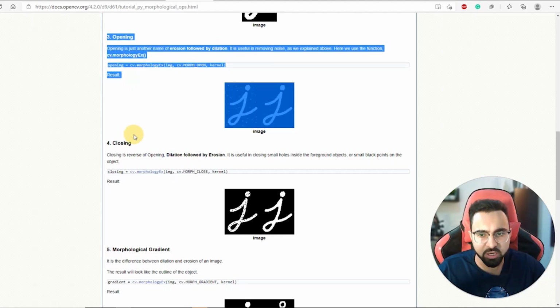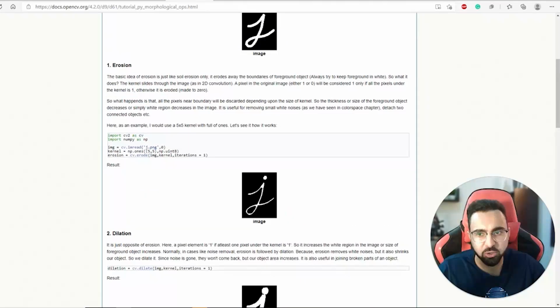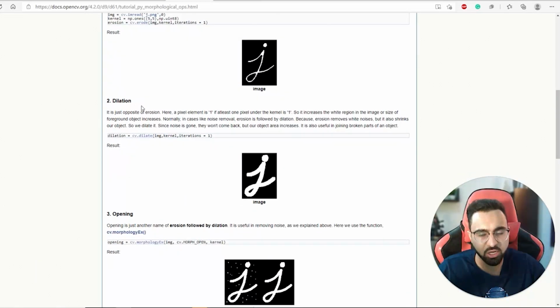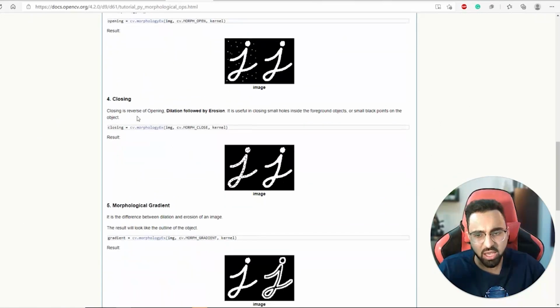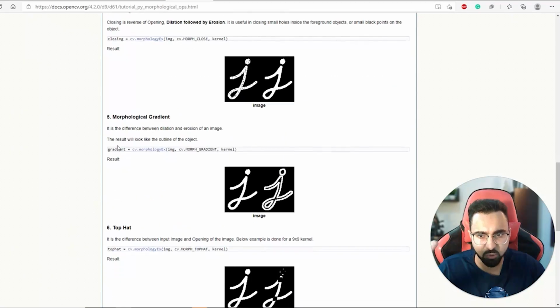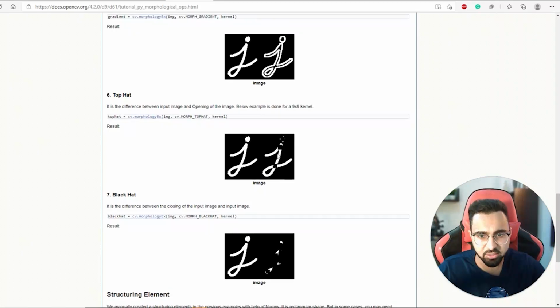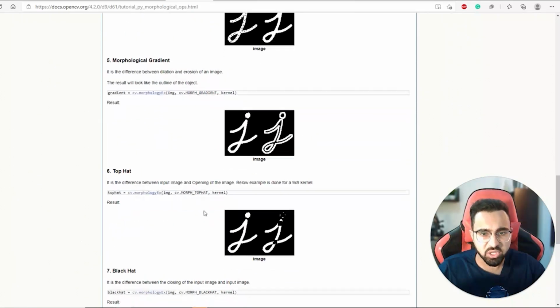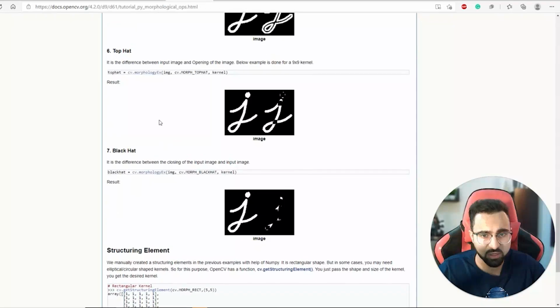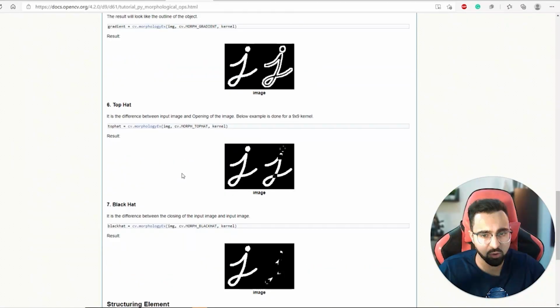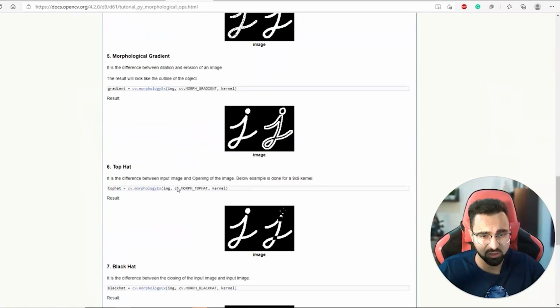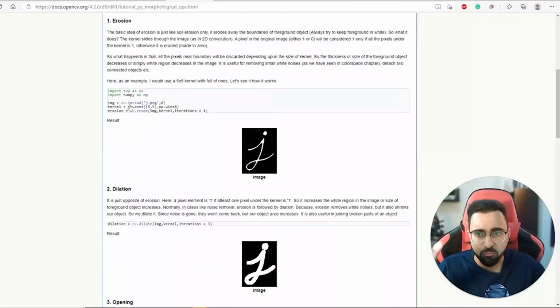You don't need to worry about opening and closing because you only need to understand how erosion works and how dilation works, what these are doing. And then there are other things like morphological gradient, which does something like this, and the top hat and the black hat. I don't find myself using these three functions that often. I don't think I've ever used these three functions. All right, so what erosion is doing